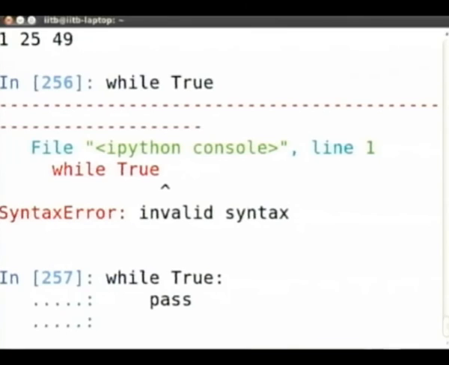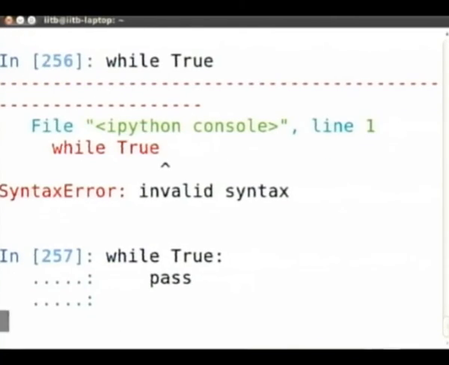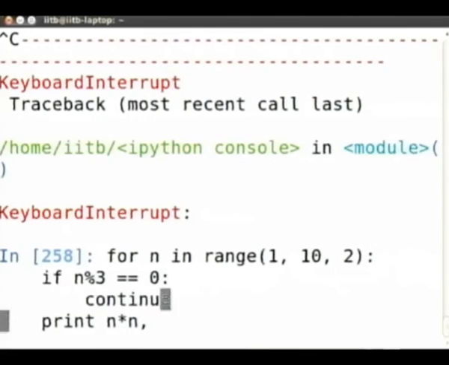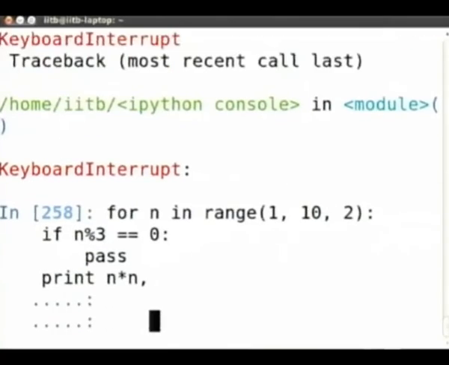This will be an infinite loop. So if I did pass here, what happens? It will do nothing. It's like a no-op. So it will print everything. It will not do what you expect. So pass and continue are entirely different.